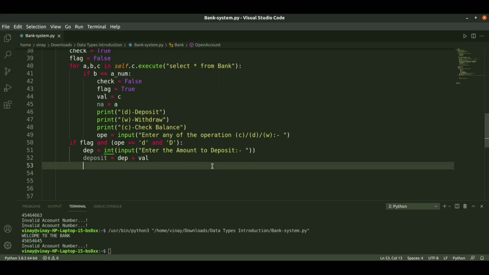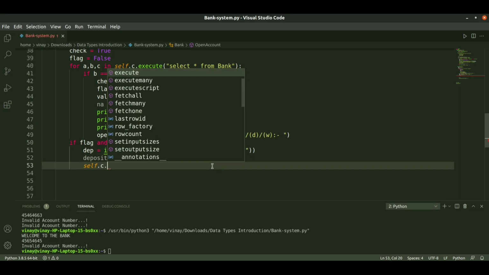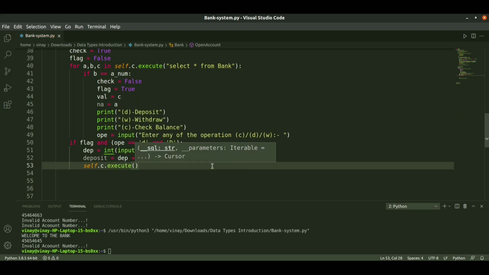In order to update this deposit value, we call it by invoking the cursor and execute. In this we will call update and the class name bank, and we need to set balance.